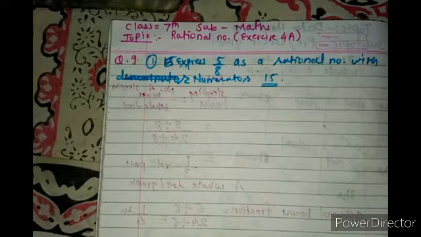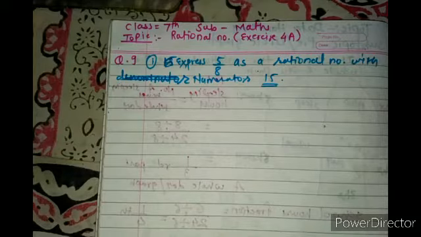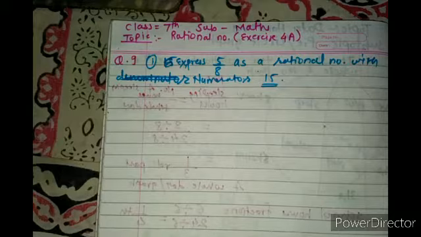In the last video, we studied the introduction of rational numbers and also the properties of rational numbers. On the basis of that, I hope you have solved questions 1 to 8, because questions 1 to 6 are self practice and 7, 8 I have taken. In that we have done equivalent fractions, negative and positive rational numbers, and also the numerator and denominator.